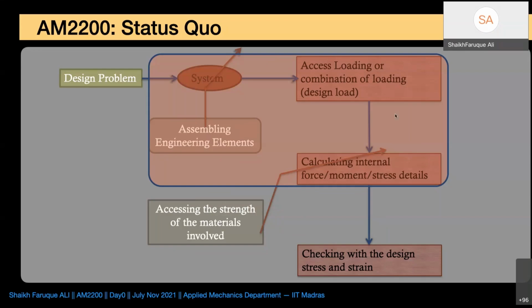This is one part which we are going to learn in this course called Strength of Materials. We're going to learn about the forces that are coming to the structure, how those forces and moments can be transferred to the internal forces or internal moments, and how it helps you in design. That would be the primary part of this course. So we'll learn what are the criteria that are necessary to check in design. Maybe the internal forces, maybe the internal deformations, and how to calculate those given a force and the structure.